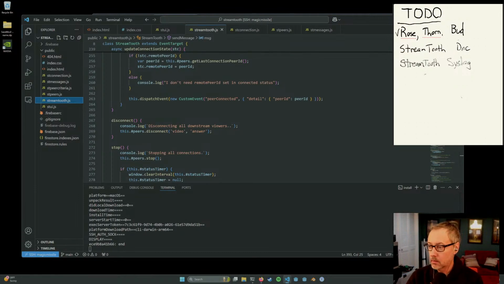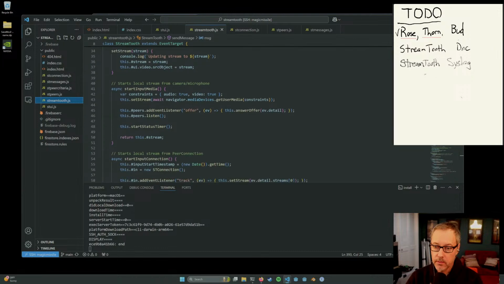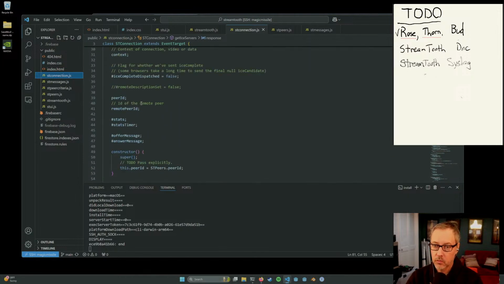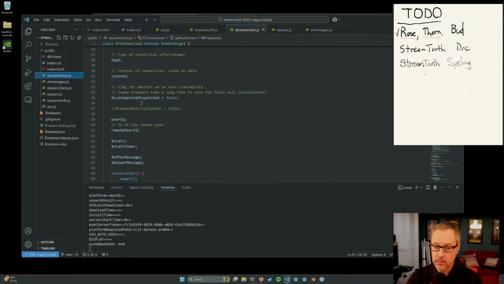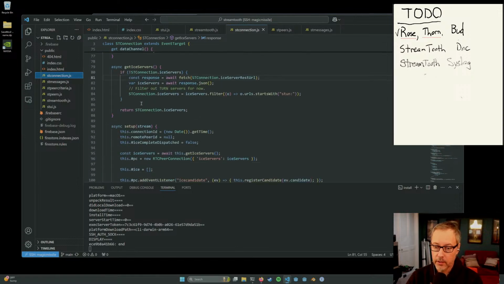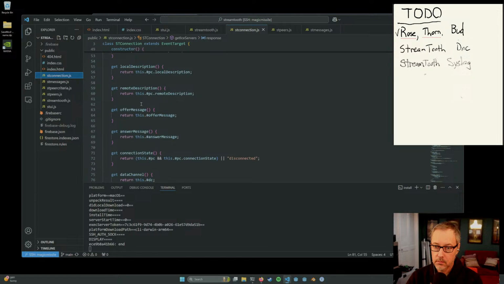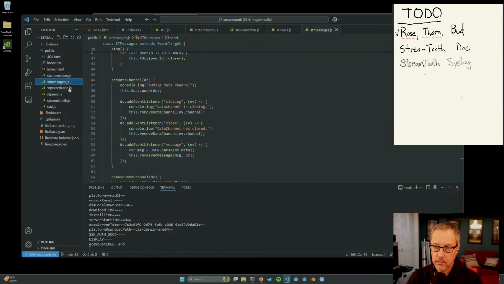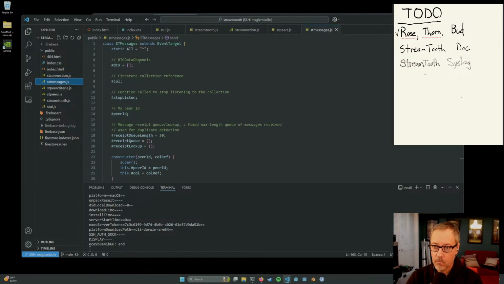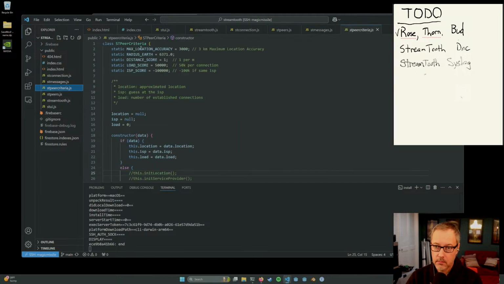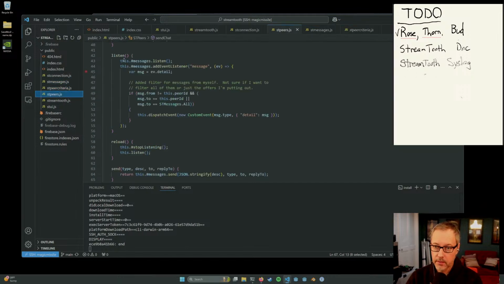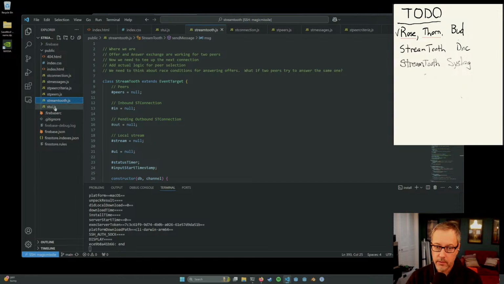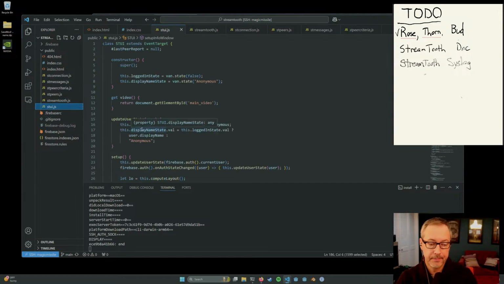Now, I think what's going on here is each one of these extends event target. I'm pretty sure. Let's go through all of these. So what we're going to do is create a new base class. And that will have logging and eventually other stuff. Where is the class? Oh yeah, event target. We're not even using this, but it could. Event target, and event target. Good, very good. So that's what we're gonna do.